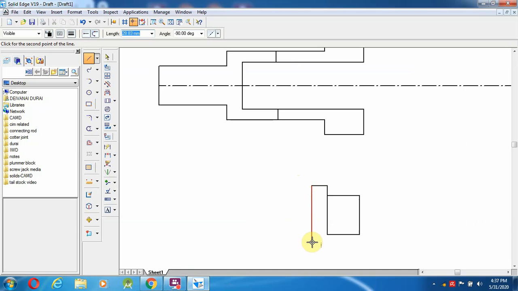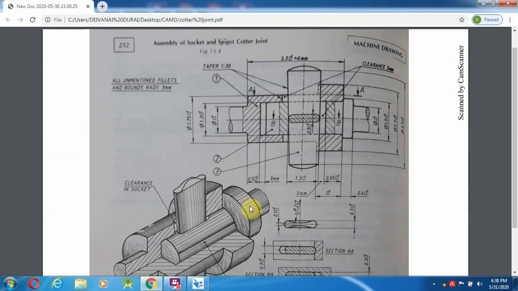And down again 30 back, we can give a 30 mm distance, enter, and I am going to draw a straight line up to the 8 mm length, going to join over here. So the basic things are drawn over here, like the handling part. Then comes to here, from here to this line. So what about this dimension?